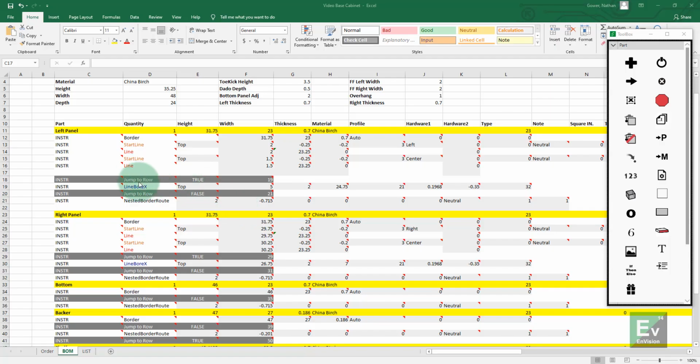In this video, we're going to review the insert macro instruction from the EnVision ToolBox. Firstly, select an empty cell in the row you'd like to insert the instruction. In the EnVision ToolBox, the insert macro is located under the Parts section with the arrow to the right and